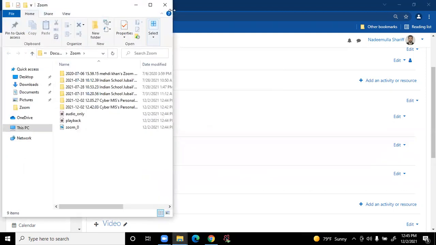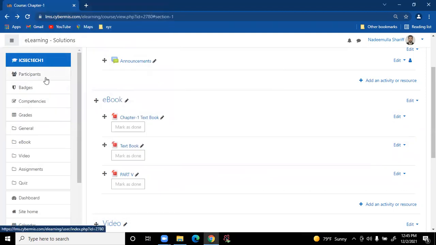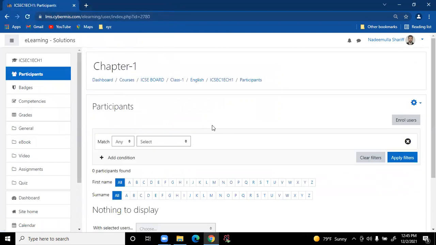So now how to add the participants? Just click on participants. Participants are students as of now, as for school. If it is a corporate environment, we can call them participants. Default name is participant, so we can consider that they are the end users. We just have to click on participants on the left corner.